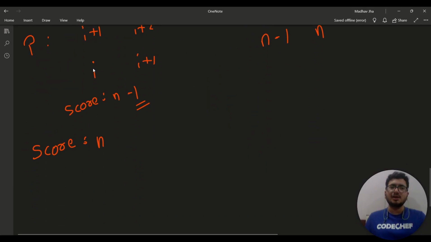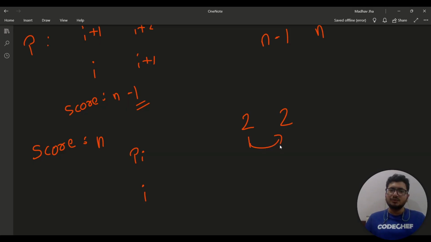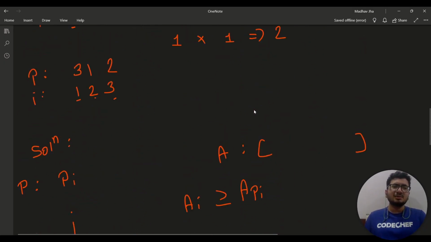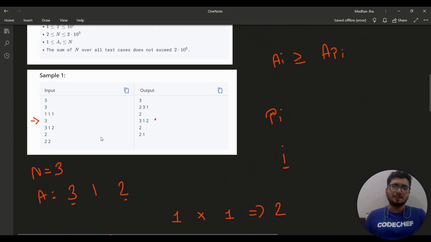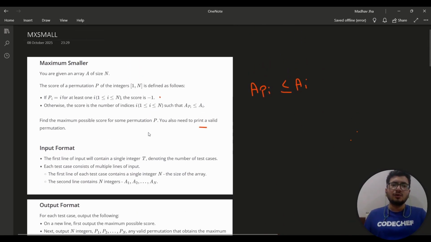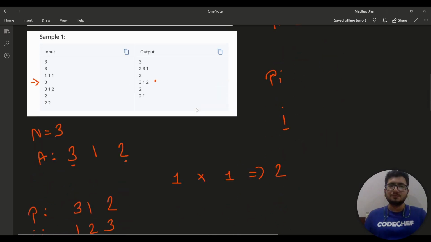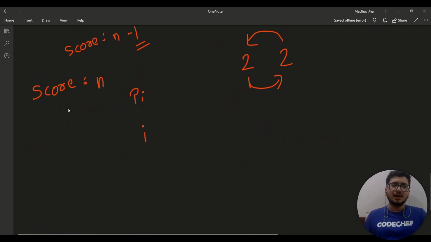It will only be possible if the index i and the element at this index, p_i, both are pointing to the same number. Imagine this. I have two same numbers, right? Now this index can point to this one, and this index can point to the first one. Something similar can be seen in the sample inputs, like here. 1 is pointing to 2 and 2 is pointing to 1, and this does hold the condition of being less than or equal to. So what we can do is, all the elements that are equal can simply end up